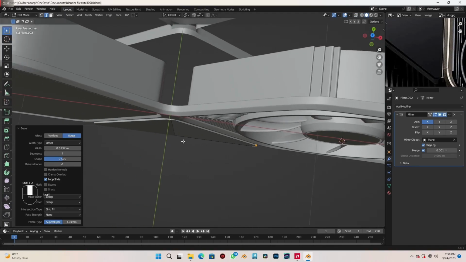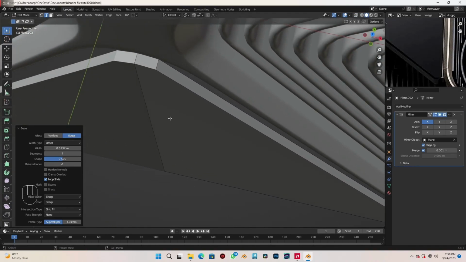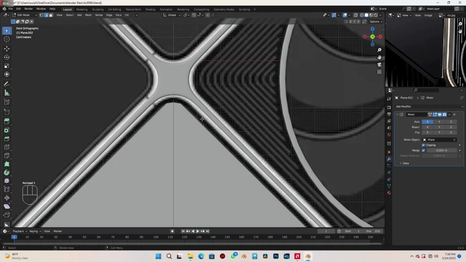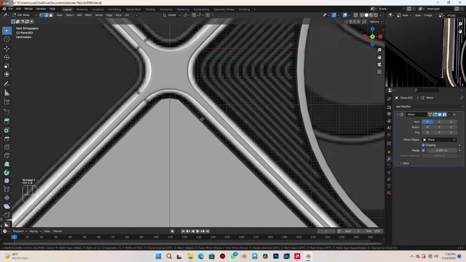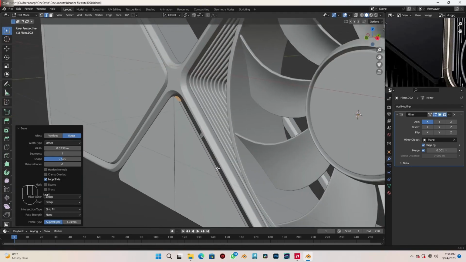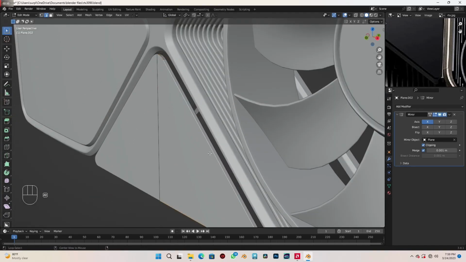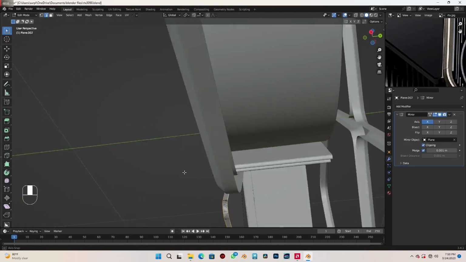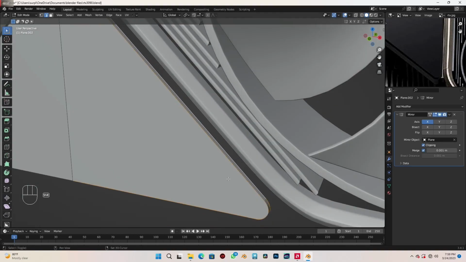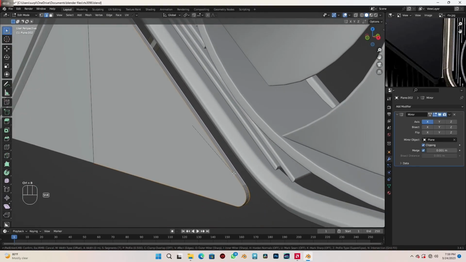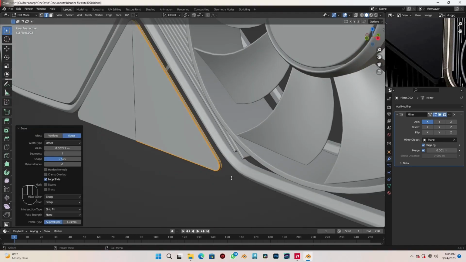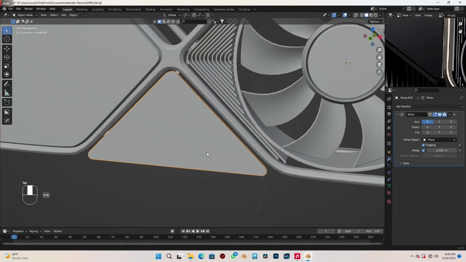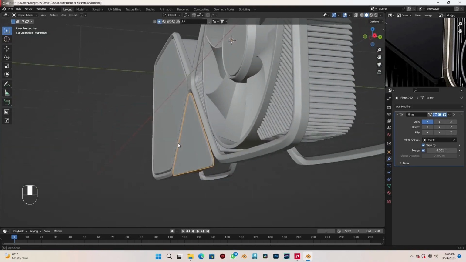Now I want to do the same thing to this edge here, so select it. Alright, and finally select these edges here and these, and let's give those a slight bevel like that. Okay, alright, so